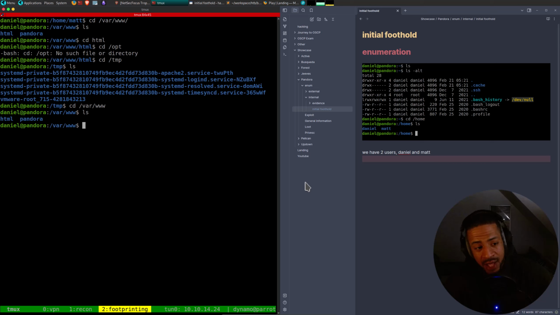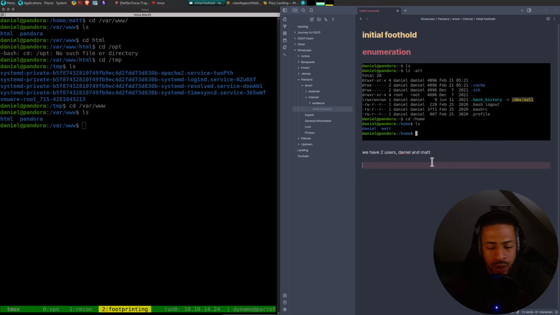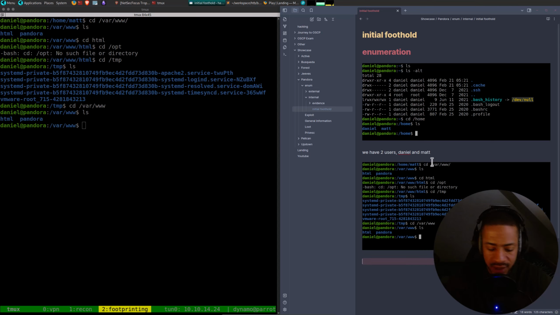And yeah, as we can see, there is Pandora here. So we will go into that and see what it has. Let me paste this. And also we did see in the SNMP output that there was Apache 2 running, so I'm guessing Pandora is an Apache 2 server.